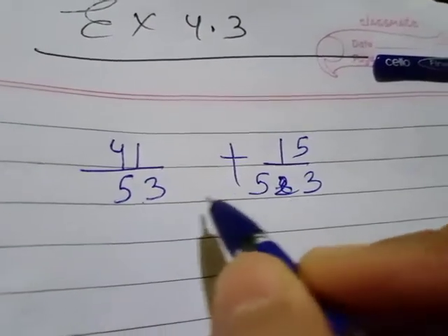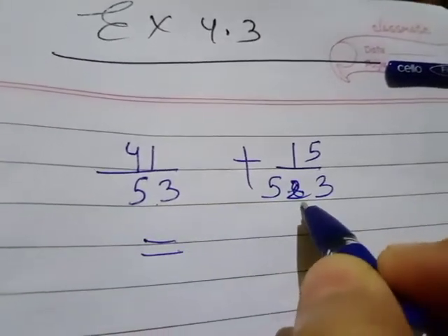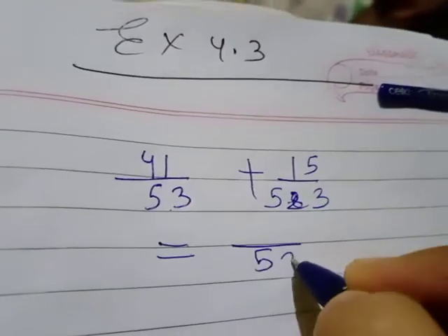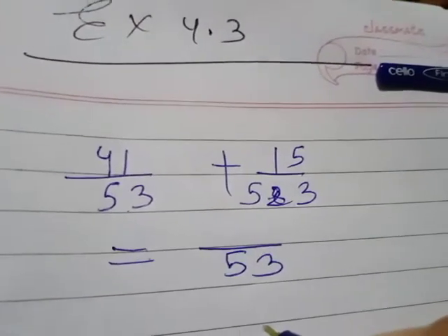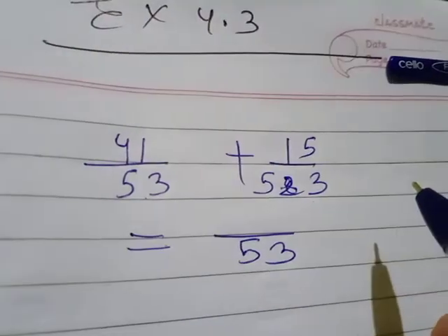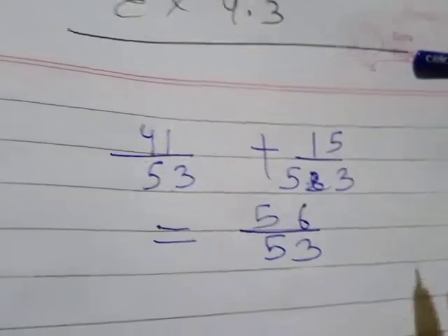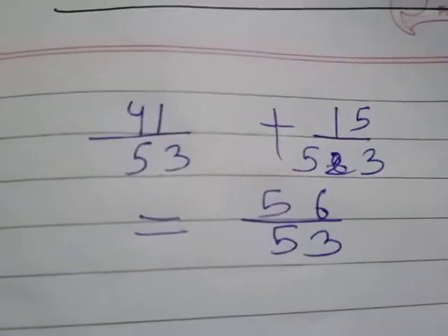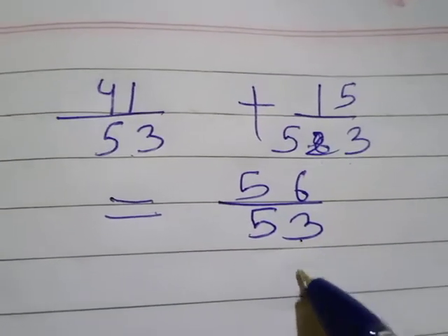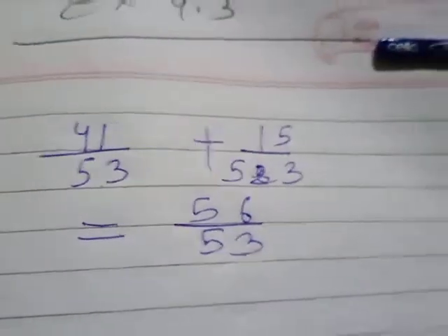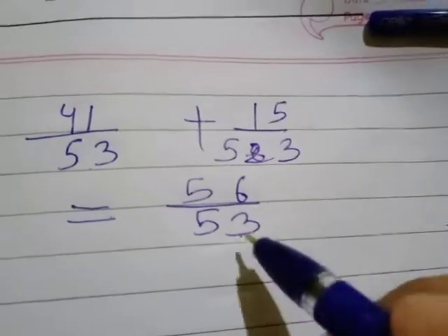When denominators are same, that time it is very simple to add. The denominator which is given, you write that same denominator in the answer also, and just you add the numerators. Okay, 5 plus 1 is 6 and 4 plus 1 is 5. Clear? So whenever you have same denominators, you will write that same denominator only. Just in a rough column you add 41 and 15. When you add, you will get here 56, and that you write in the numerator.